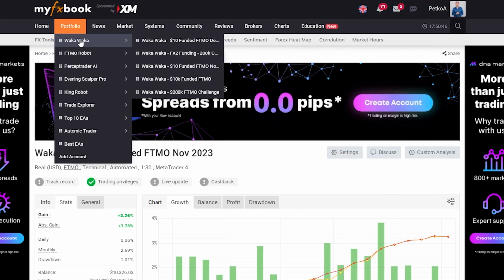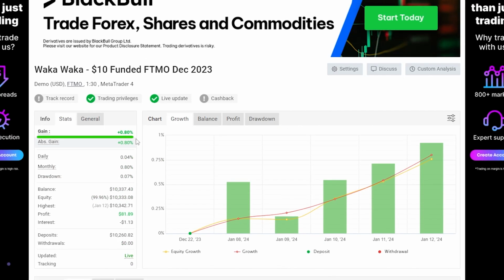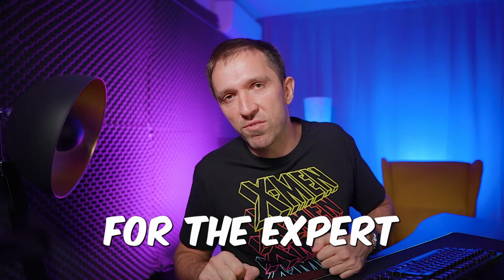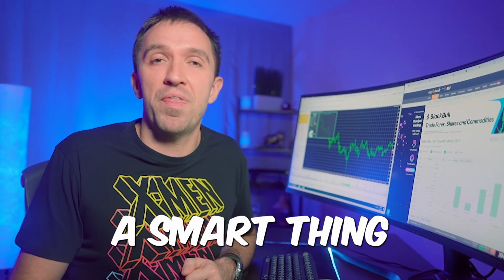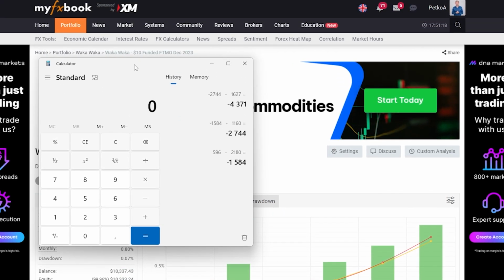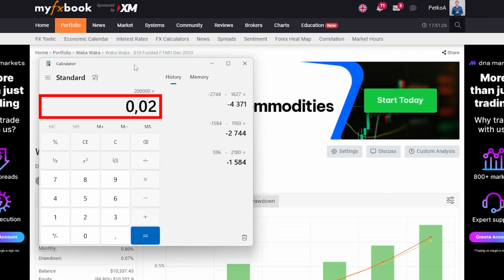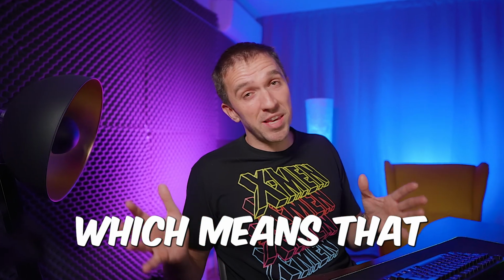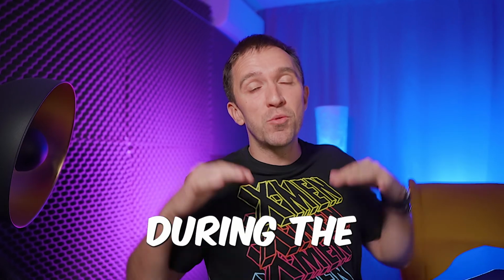3.26%, and December to January is still running, but a bit slower, just below 1%, because Valerie, who is the developer of Waka Waka, paused the trading for the expert advisors during the holidays, which is probably a smart thing to do. However, if Waka Waka achieves 2 to 3%, or let's say 2% without taxes in my funded account, that would be about $4,000 monthly, which means that I will nearly cover the costs I paid during the first